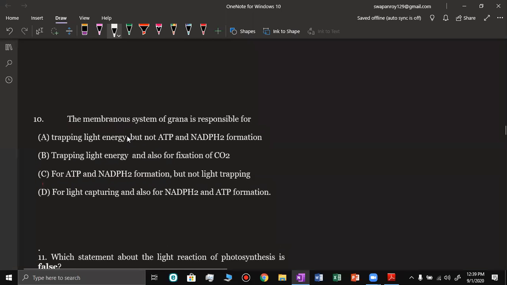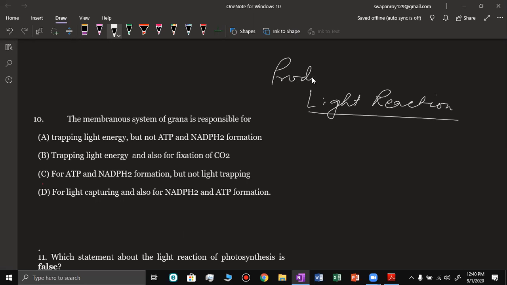Next question is, the membranous system of grana is responsible for trapping light energy but not ATP and NADPH2 formation; trapping light energy and also for the fixation of carbon dioxide; for ATP and NADPH2 formation but not light trapping; for light capturing and also for NADPH2 and ATP formation. The product of the light reaction is